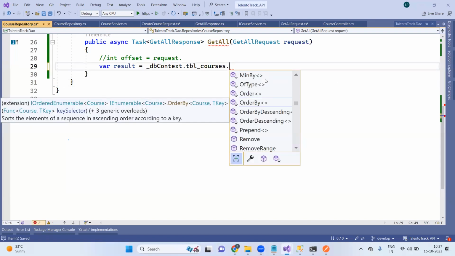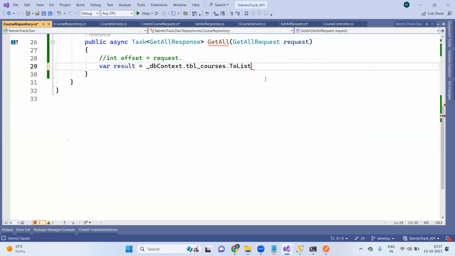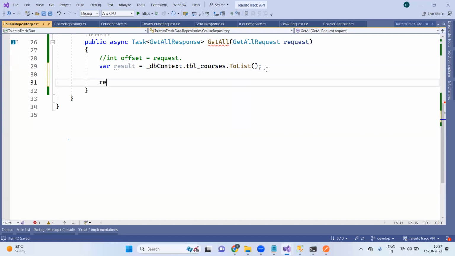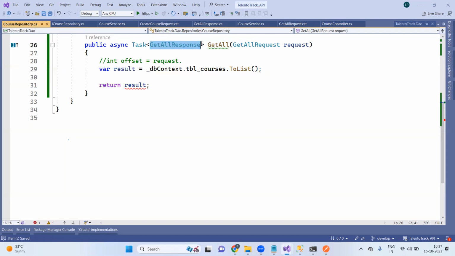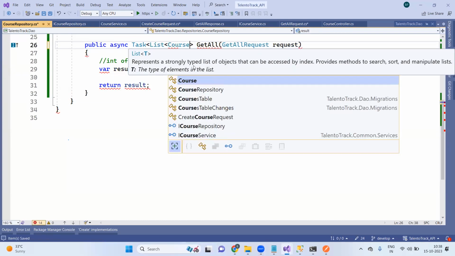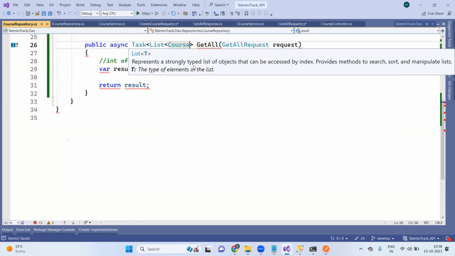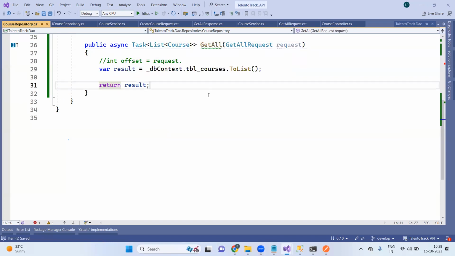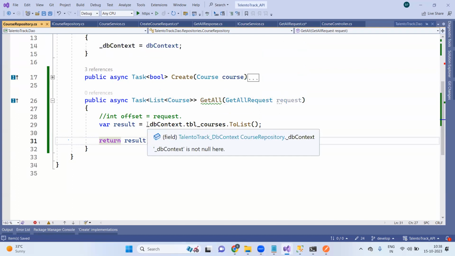Just db context dot courses dot to list. That's it. It will give you all the records from this table, and this record you will have to just return as a part of the method response. Okay, get all response. No, I wanted to return a list of courses from here. No business logic here. Business logic will be in the service. So I wanted to return a list of